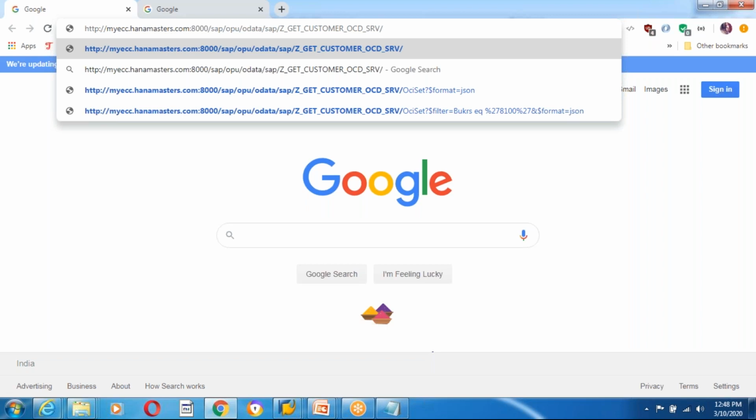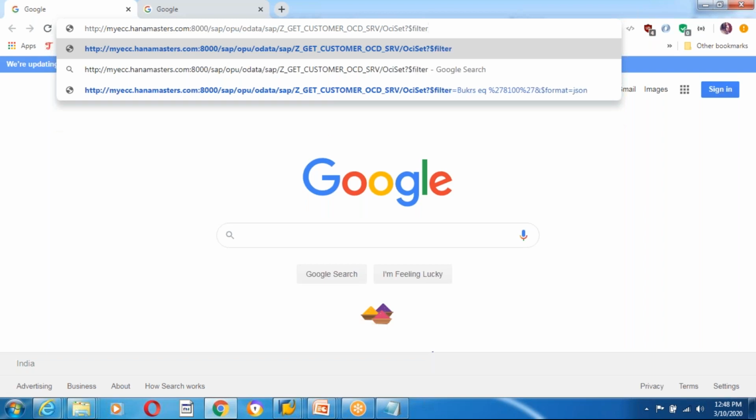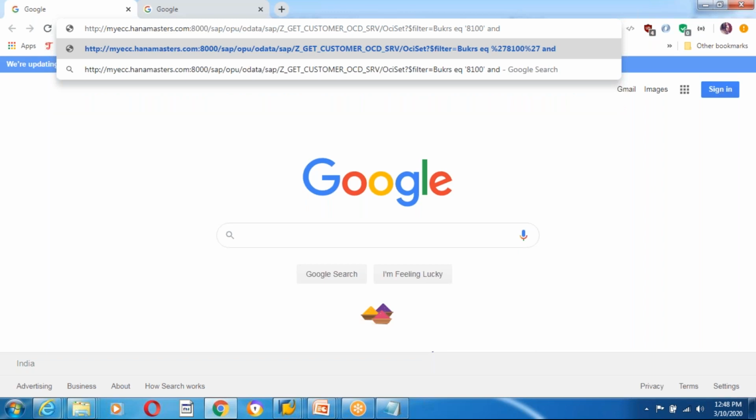Entity set, OCI set and question mark and dollar filter, and which is equal to BUKRS and space equal value is 8100 space and BELNR, which is, oh sorry, which is equal to the, okay, 14, 6 17 in between 6 zeros, 1 2 3 4 5 6, right? 1 2 3 4 5 6 1 7 and